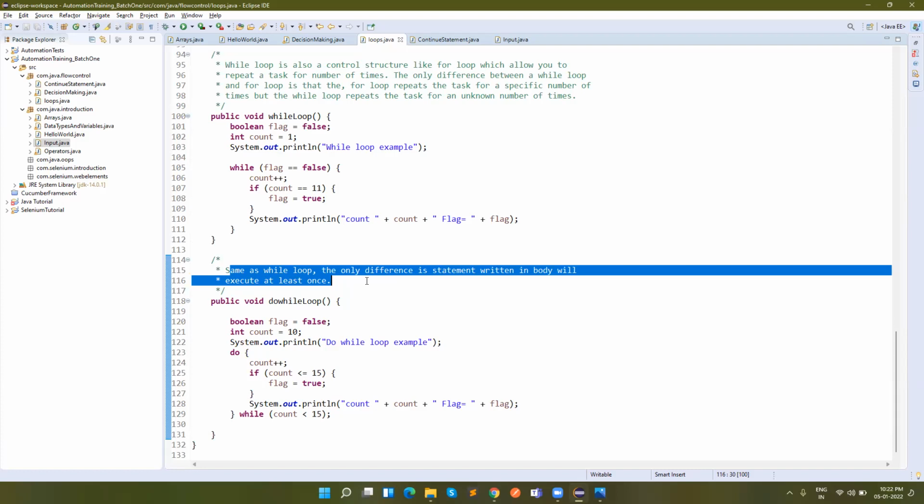Most of the time you will be using the for loop, then the while loop, but the do while will be a very rare scenario. But if your project demands it, then you can use it.